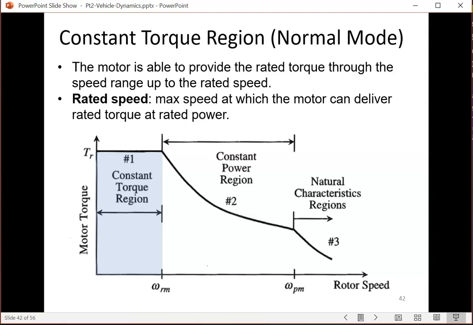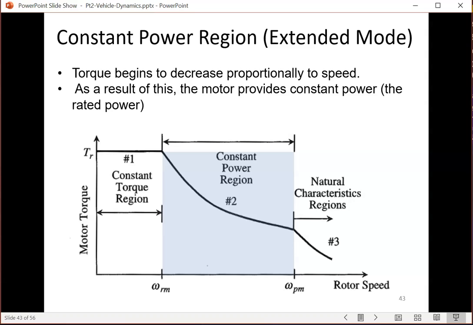Below that speed, the motor will be able to output a constant torque. Okay, be able to produce that torque below that speed. That's the first region, from zero speed to the rated speed. Now the second region, once you get to that speed, the rated speed,